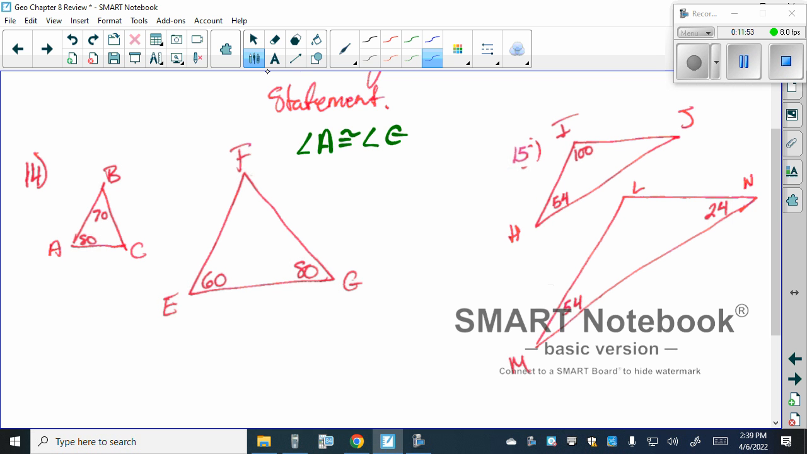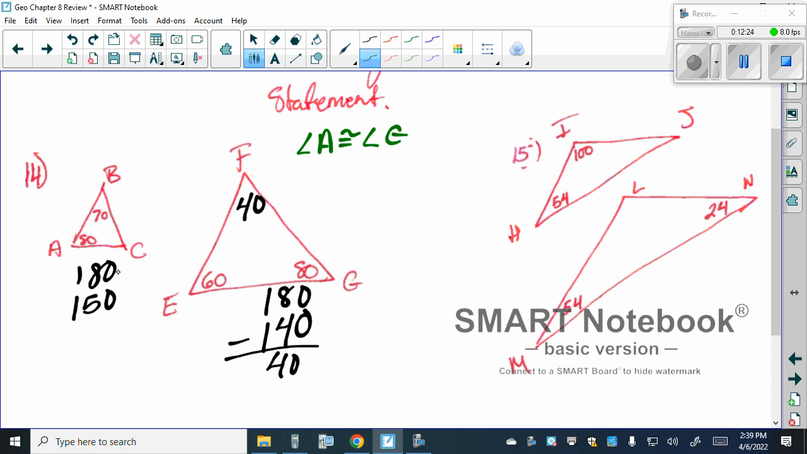F. Now, any three angles in a triangle add up to 180. Now, if we add 60 and 80, we get 140, and if we subtract 180 from 140, we get 40. So, does F and B match up? No. Is most likely C going to be 40? Because 80 and 70 is 150. And if we subtract it from 180, we get